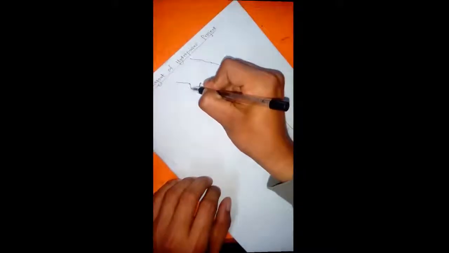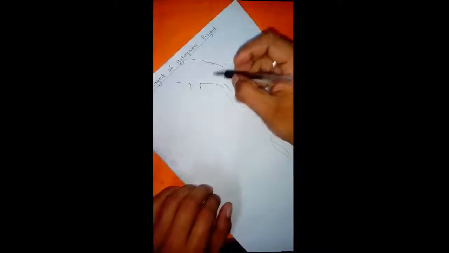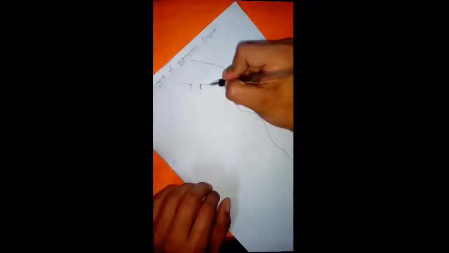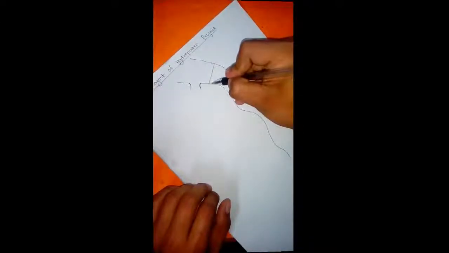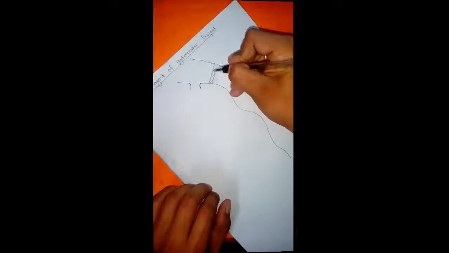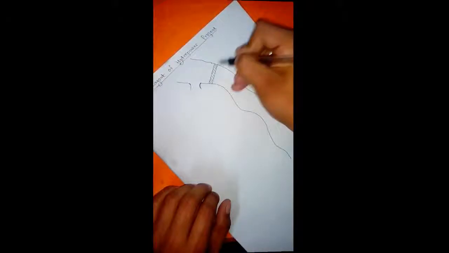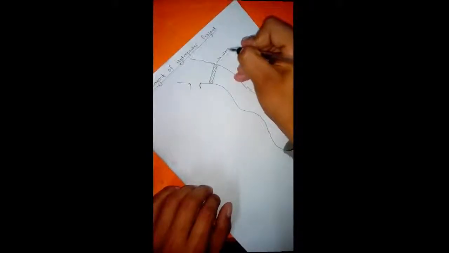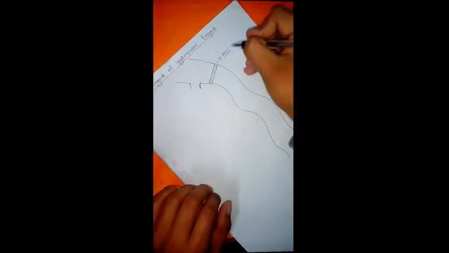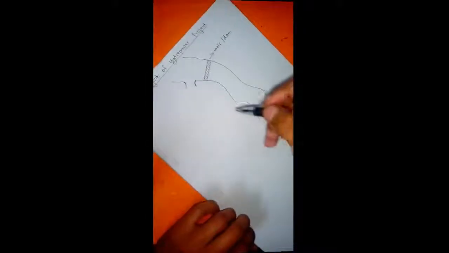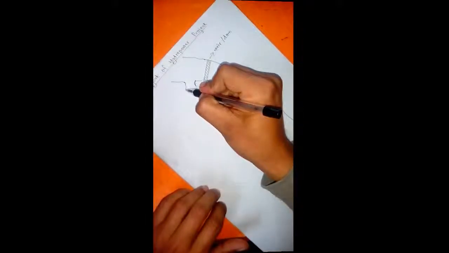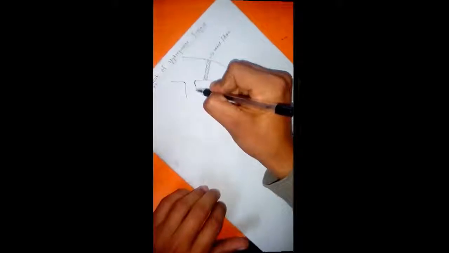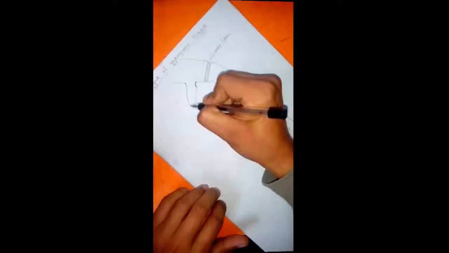Okay, now in order to divert the water, we have to draw a structure which is known as weir or dam. We can call it both ways. Then the water is taken through a canal